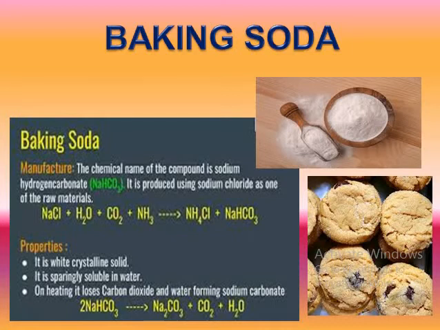It's a mild base. On heating, it produces sodium carbonate, water and carbon dioxide. Now this carbon dioxide is an important product because it makes the dough soft and spongy. So when it is used in bakery products, CO2 is responsible for the fluffiness in the resultant product. So we are using it in the bakery, for baking purposes.